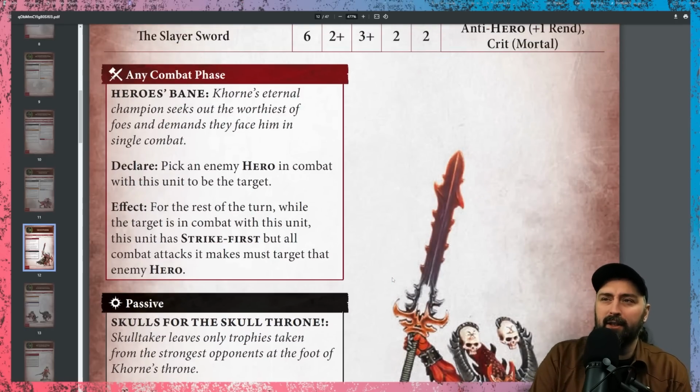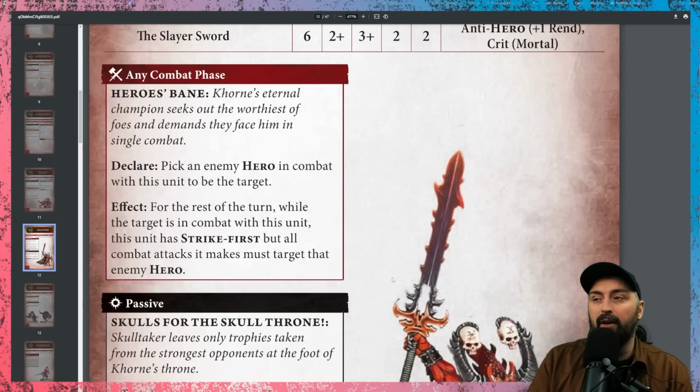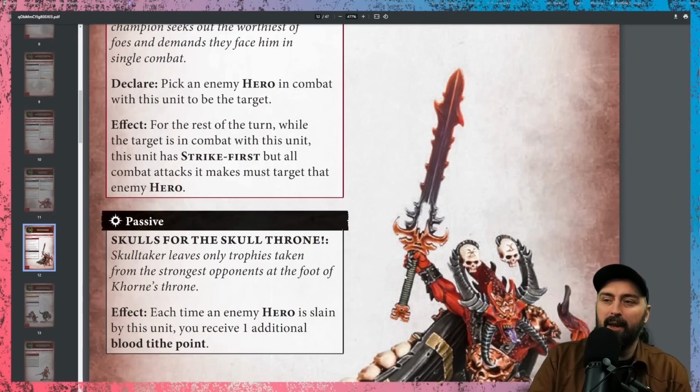In his combat phase, he's got the Hero's Bane, where you pick an enemy hero in combat with this unit. For the rest of the turn, while this target is in combat with this unit, it has strike first, but all combat attacks it makes must target the enemy hero. That's fun, because you really want to guarantee this guy fights that hero, thanks to the next passive, Skulls for the Skull Throne, where each time an enemy hero is slain by this unit, you receive 1 additional Blood Tithe